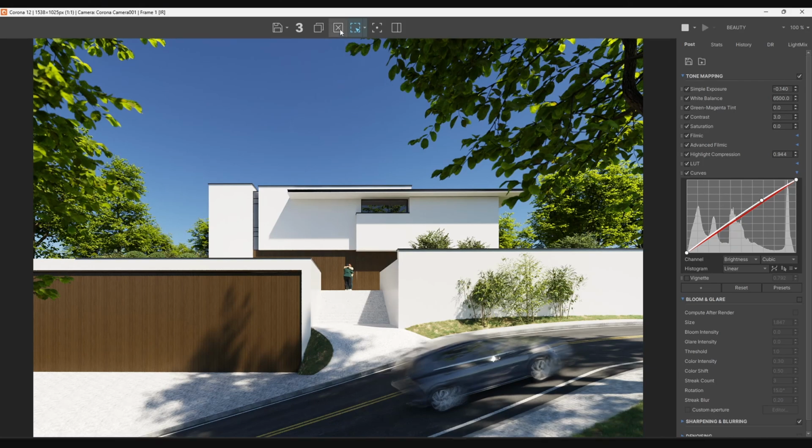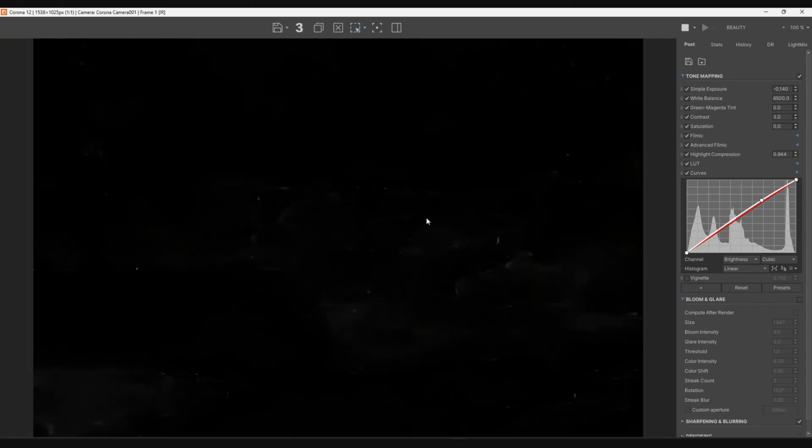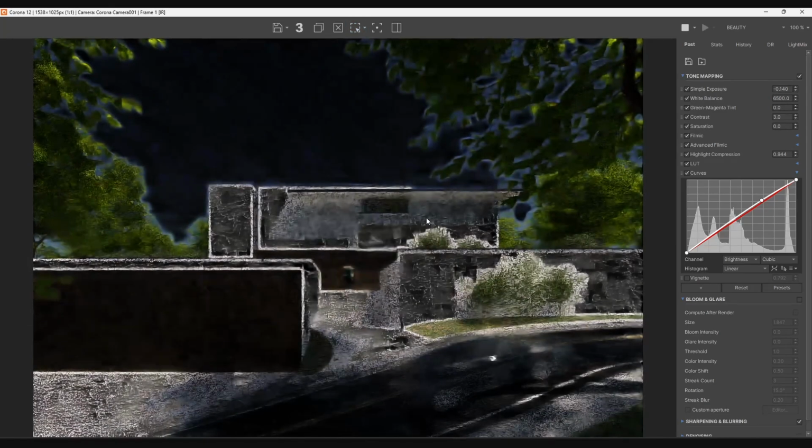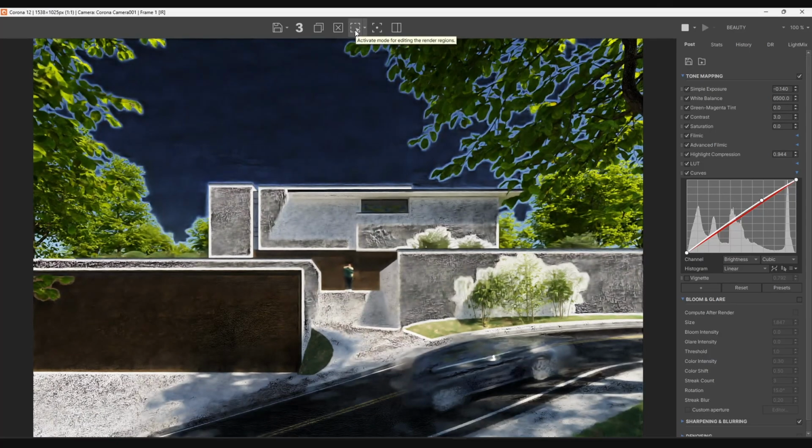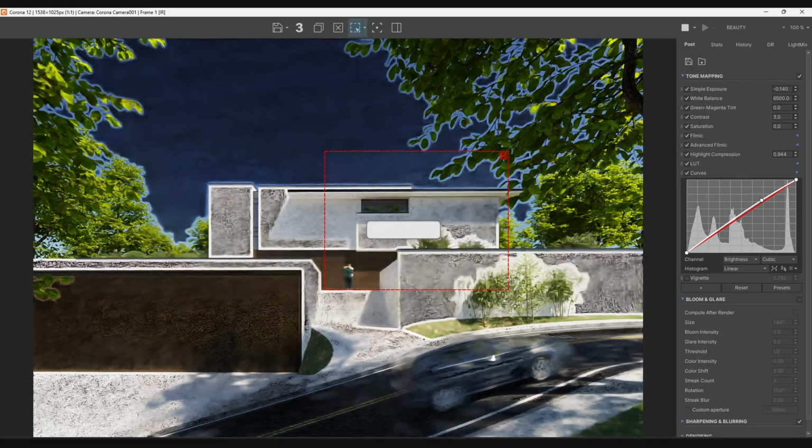The next one is the delete button. You can just delete the frame buffer, and the program is going to ask you if you really want to clear the frame buffer. If you give it an OK, it's just going to delete and start re-rendering the whole image again. The next button is the region button, where you can make a region and it's going to render